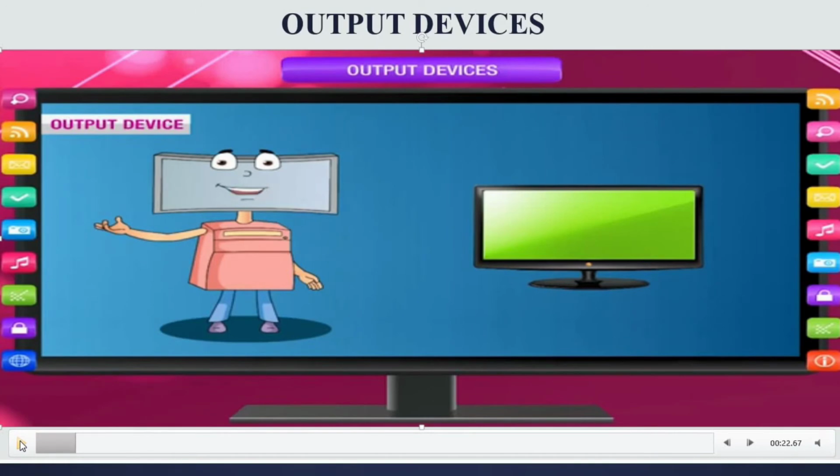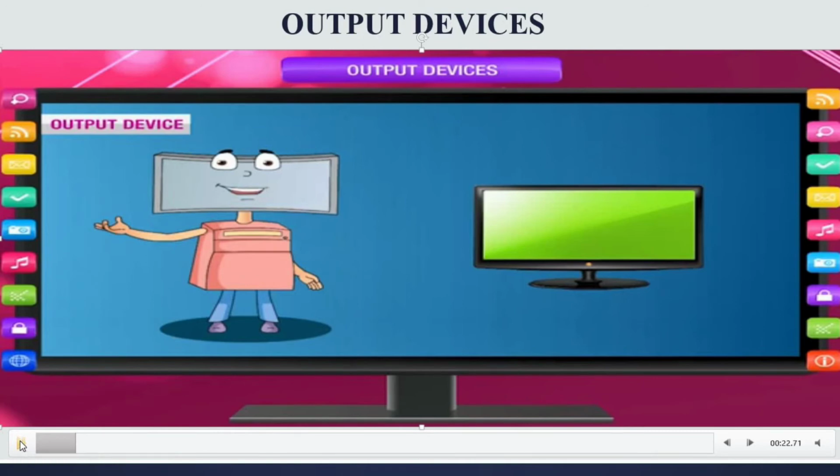They can show our drawing and pictures, and also print on paper the result that we are writing in the computer. Any result the CPU has done is displayed on the monitor screen. So all these devices are called output devices, because they give us our output from the CPU, right?